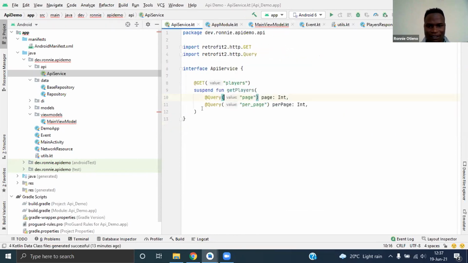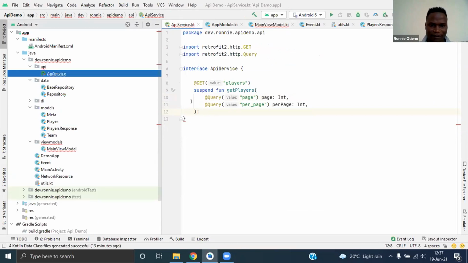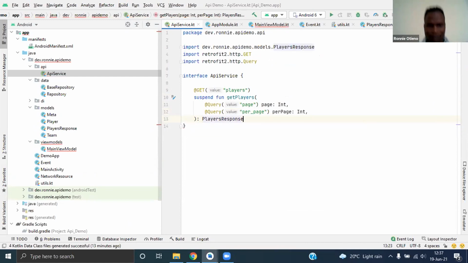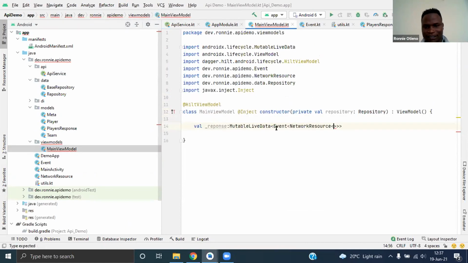Here we need to get back the player's response. So here we get LiveData of Event of Resource of PlayersResponse.